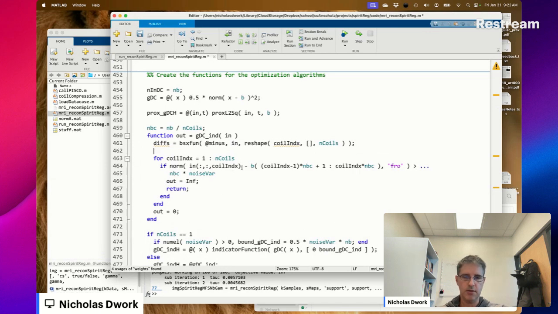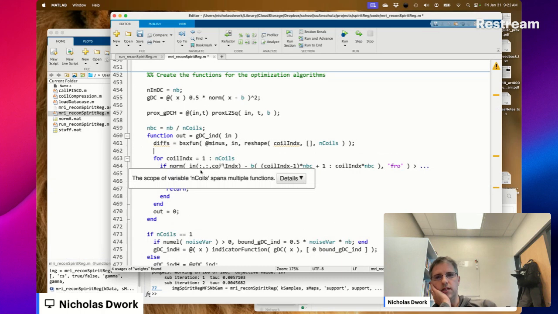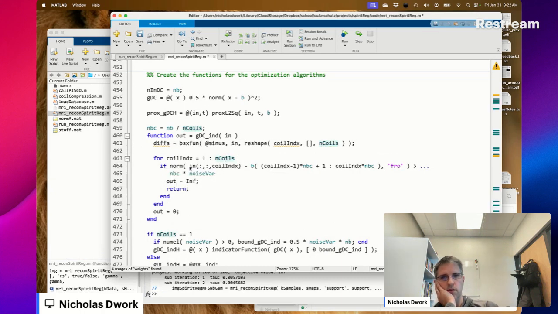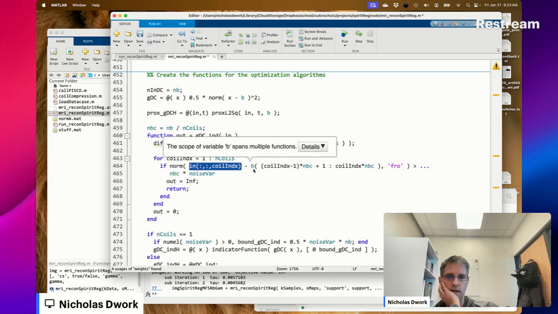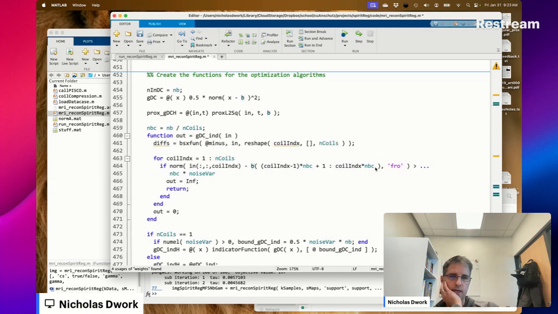See, I need to do this across... what does this do? This is going to be a two-dimensional array, and this is not going to be. Oh, in coils. So this is going to be a one-dimensional array, and so is B. Shoot.